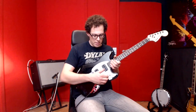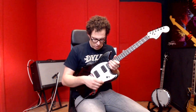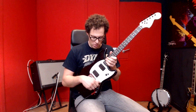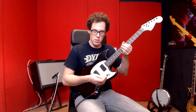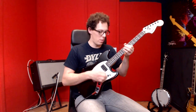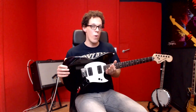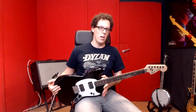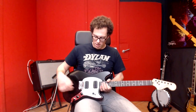Next to the selector switch is the kill switch. I installed this, and what it does is when you press it in, it cuts all signal coming from the guitar. So if you turn it on, and you can do some stutter effects with this. It's a really unnecessary mod for this guitar, but I thought that I'd be using this guitar for making a lot of noise, and when you're running some high gain and some grungy sounds,